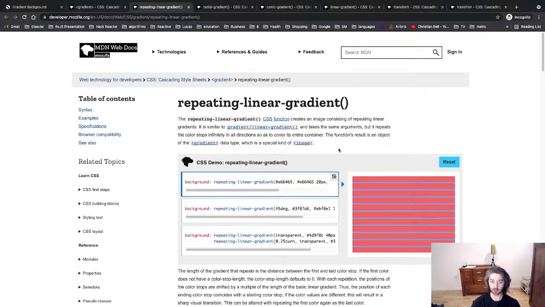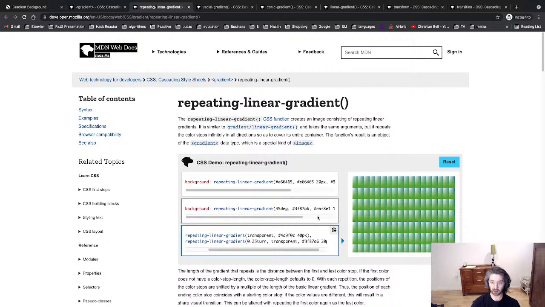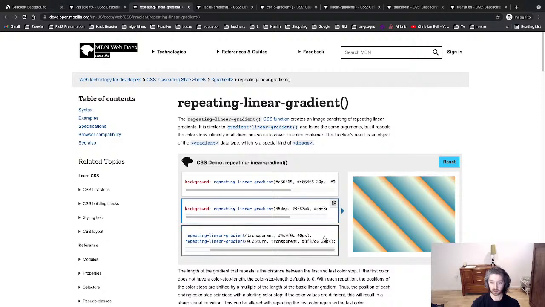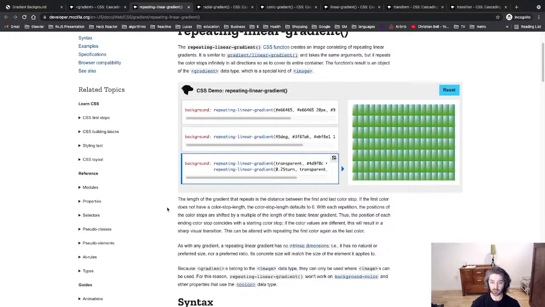The function result is an object gradient with such a kind of. Okay. Repeating linear and repeating